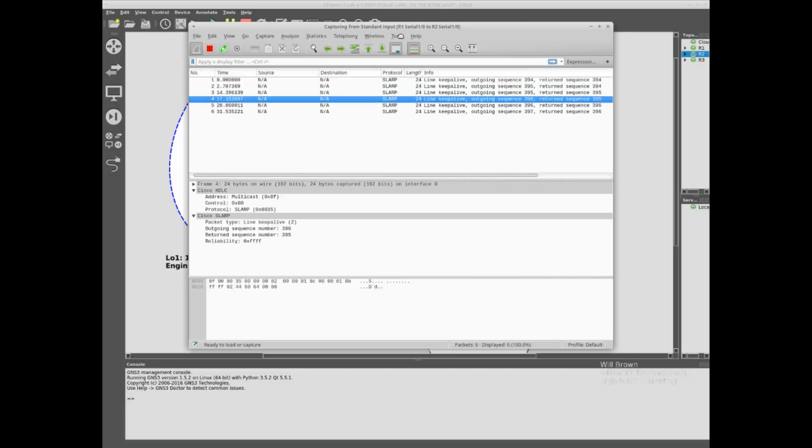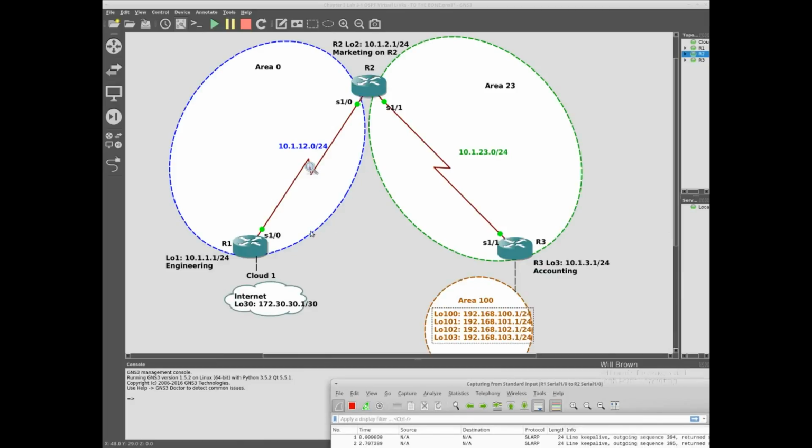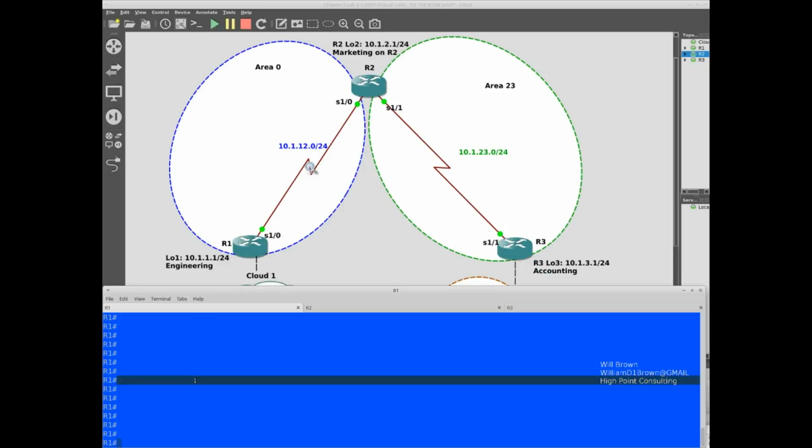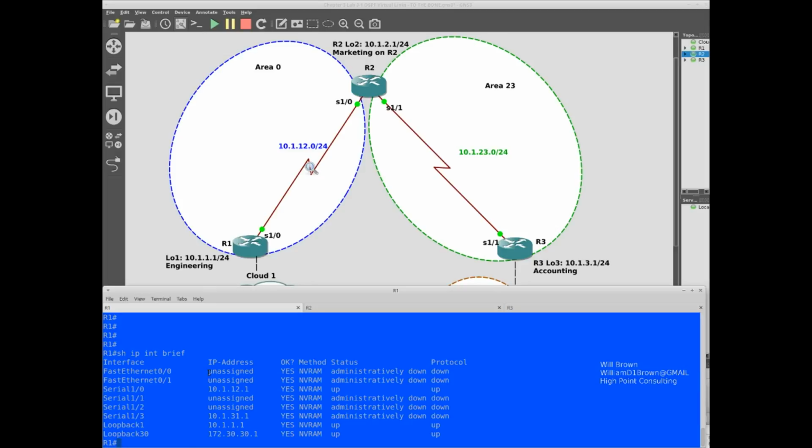So we're going to put that down here, drag that off to the side, and go into router 1 and take a look at the interfaces. Show IP interface brief. So there's the serial interface configured on router 1. We have a 10.1.12.1 network there on the serial 1/0. The serial 1/3 is configured, but I don't have it connected over to router 3 at this point. We'll be using that in probably the next lab. And the loopback interfaces are configured, and notice all the interfaces are in the up and up state.